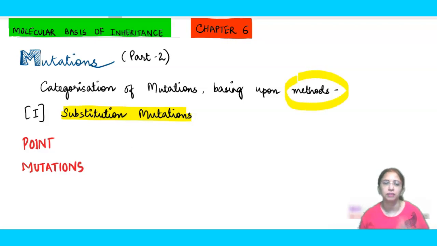So the first type is substitution mutation. Substitution is a very common word which is being used at school quite frequently. Suppose I am on leave on a particular day at my school, and that day some other teacher will be given all my periods. Okay, so someone has to substitute me. Similarly, if genetic information is there and some base is being substituted by another, then this is known as substitution mutation. The effects of substitution mutation could be different. We will be talking about it.